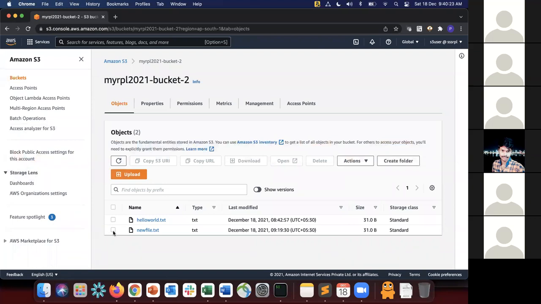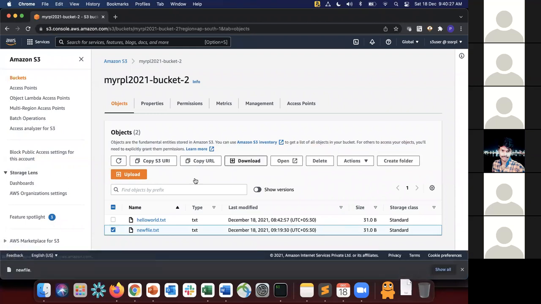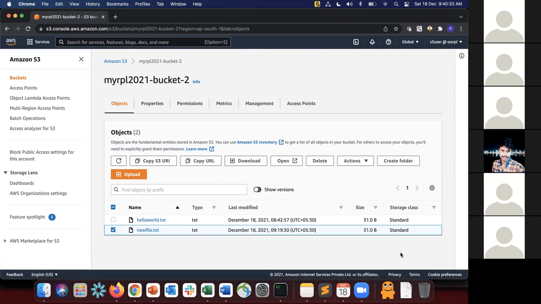So this is list objects. And if I want to get the object, I can just select this and download it. See, it's able to download this file, which means that I have get object as a permission. If I don't give the get, then I won't be able to get the object, which means download the object. Okay, perfect. So now let's go back